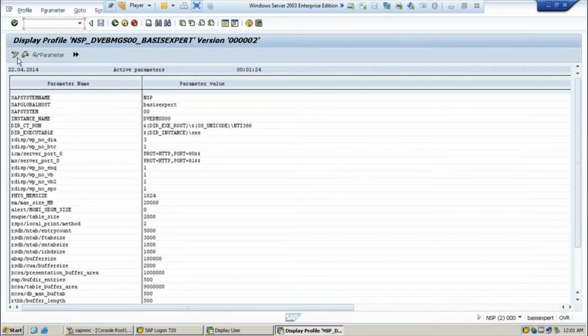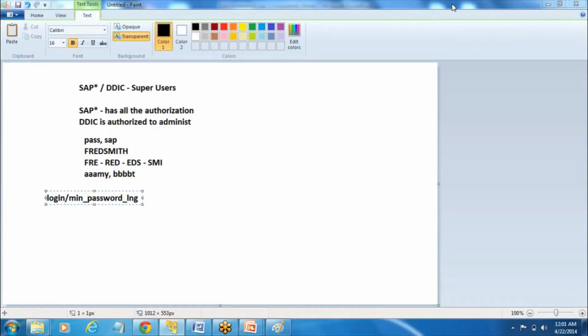So if you want to create a new parameter, what you will do? You will create the parameter. Okay, so this is how you are going to create the parameters. I'm just explaining that if you want to set a password length, you can set it by using these parameters. Okay, similarly, if you want